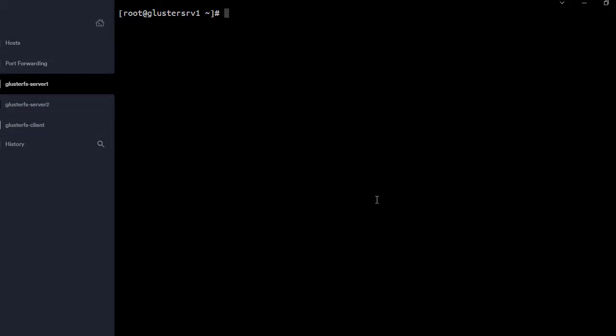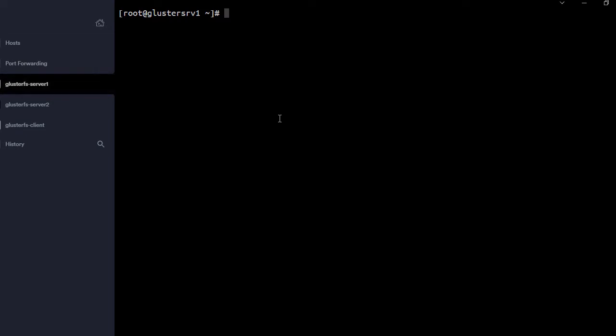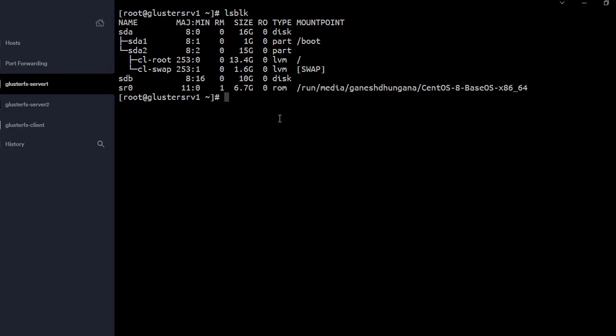These are the servers that we had used in our earlier lab, and they are two CentOS 8 machines, and this is CentOS 7. Perfect. Now, to view the information about the block devices, we can use a very simple command, and that is lsblk. This would reveal information regarding the block devices that are associated with the system.